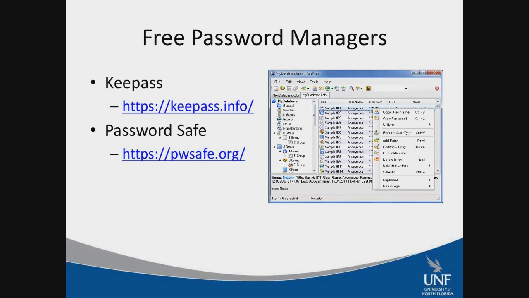And they run on a computer. KeePass, I don't know if Password Safe does. KeePass does have a mobile app as well, but once again, it's only stored on your phone, right? It's not synced with anything. So if you change the password on your computer, until you download that new file, it wouldn't sync across. I think Password Safe's the exact same way.